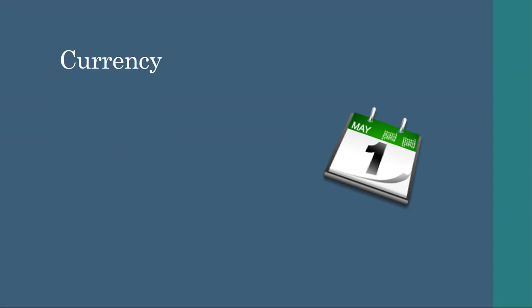Our C stands for currency. This is not the money currency, but the time currency. When evaluating sources, you need to look at when they were published or produced. The timeliness of information can be very important to the quality. Consider your doctor. Do you want them treating you based on information they learned in the 1980s when they were in medical school, or information published in the last few years? Or think about technology. How much have phones changed over the years? How quickly do they change nowadays?